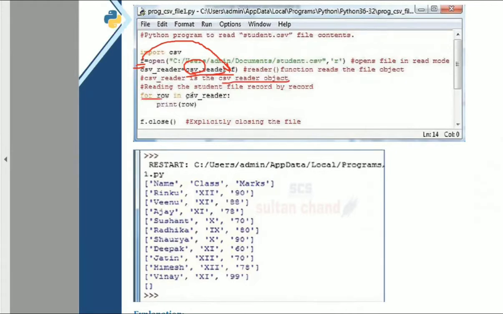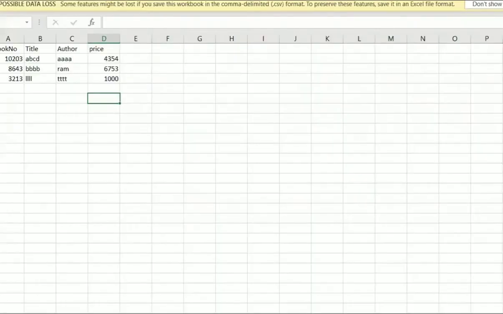Here we are passing through the CSV reader and getting the content stored in the variable called row, and when we are printing it, we can see the list getting appeared. The first row in the form of a list, and the second row and third row, it goes on like that. Whenever it is looping into it, each and every time you can retrieve the row from the CSV file. Let us write a program to retrieve the content from this Excel sheet.